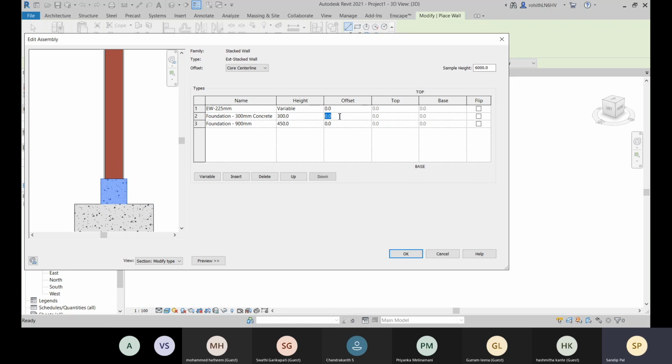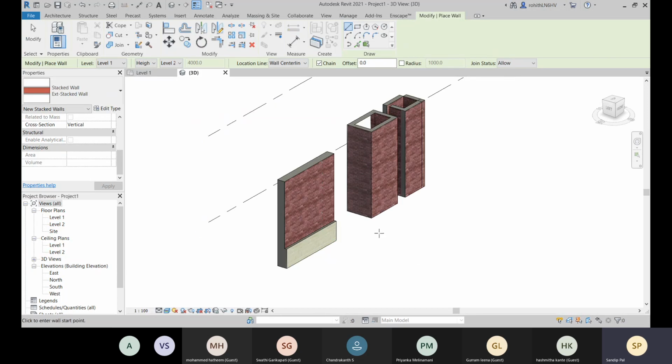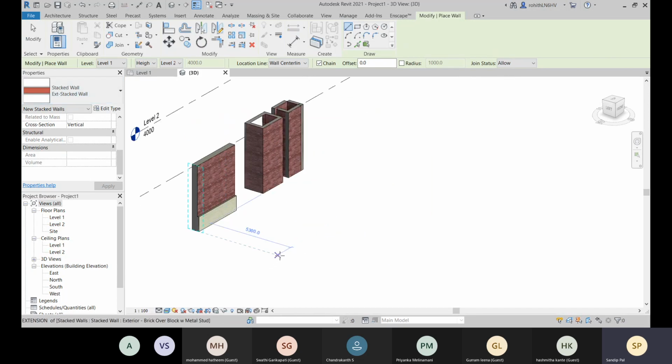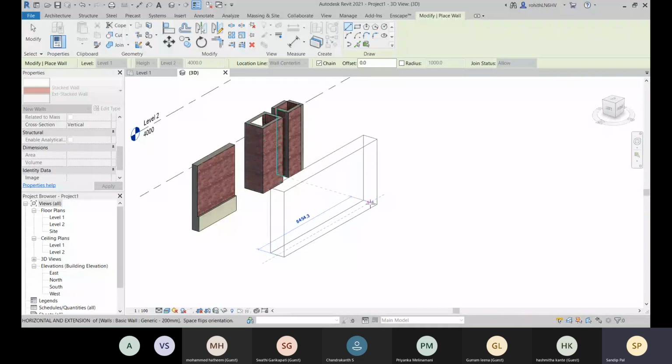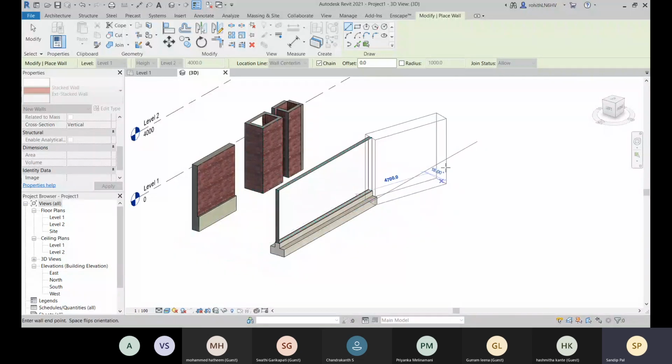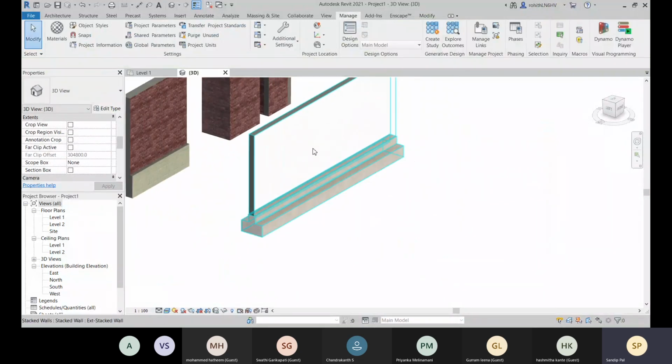Let's give a minus offset to this, and you can see, right? For that, let's give it 0 and click on OK. This is done, and this will be placed right now. When you make it straight, it will show you this guideline. So that you have.